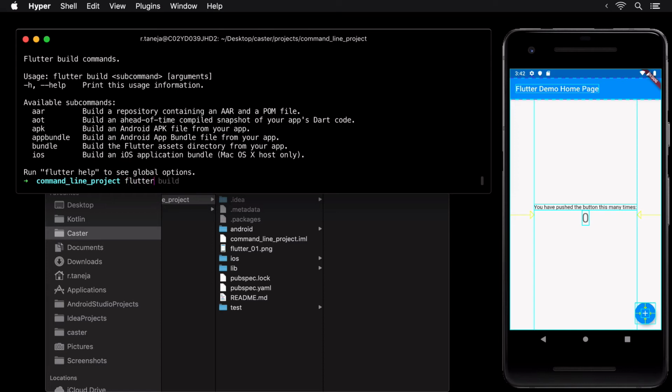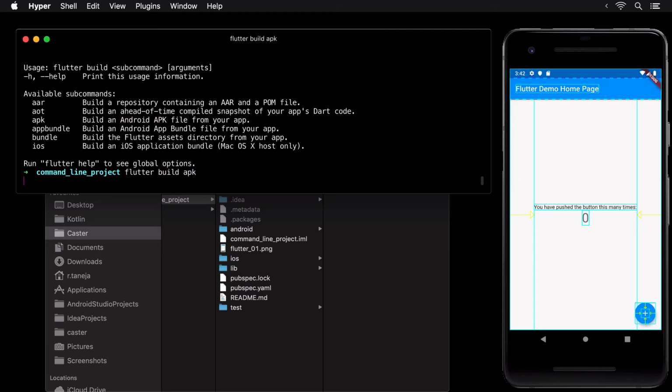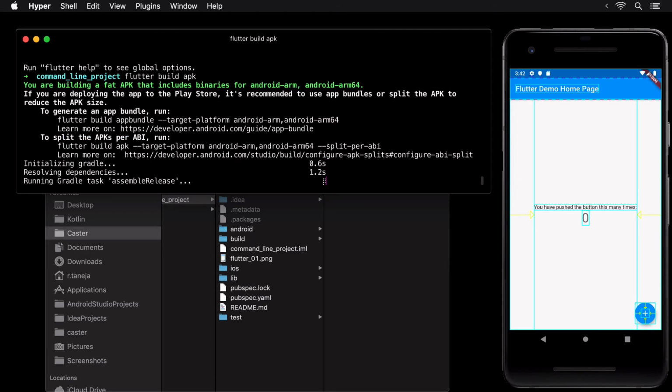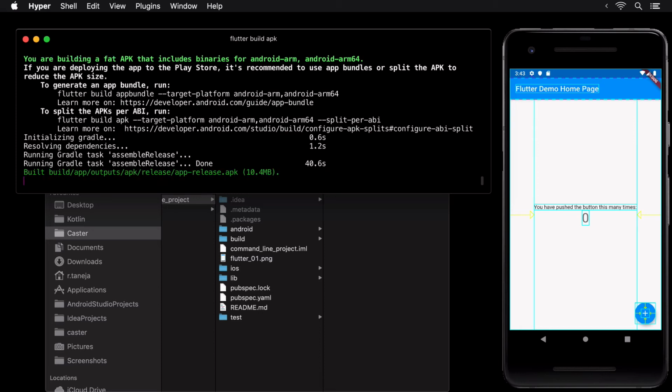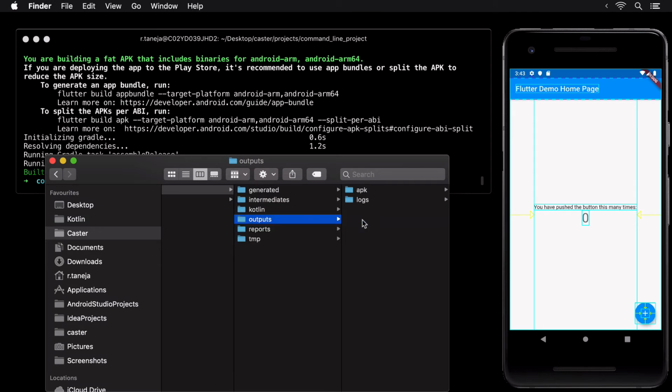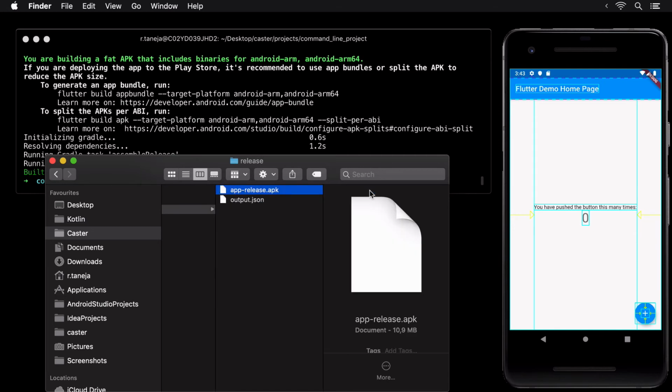It is useful to know that Flutter also has support for Android app bundles. Even though we are building an APK in this example, it is suggested to use app bundles for Android to reduce the APK size. Also note that flutter run executes in debug mode by default, but flutter build executes in release mode by default. Hence, when we navigate to the output folder, we see an app_release.apk file instead of an app_debug.apk file.